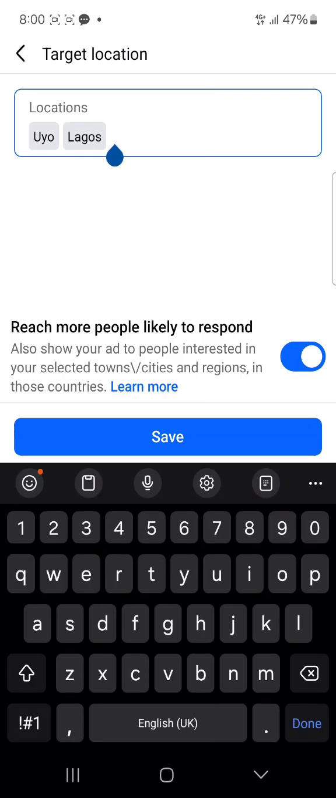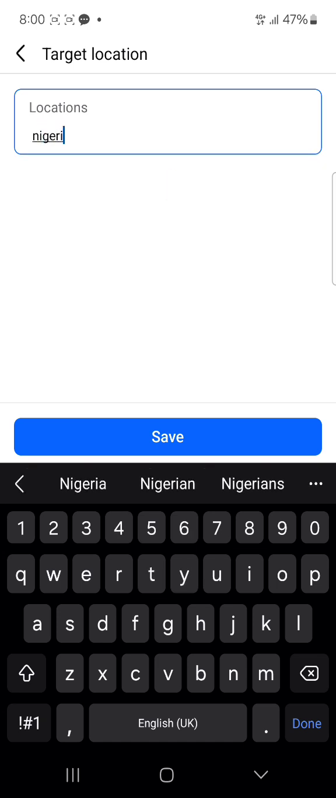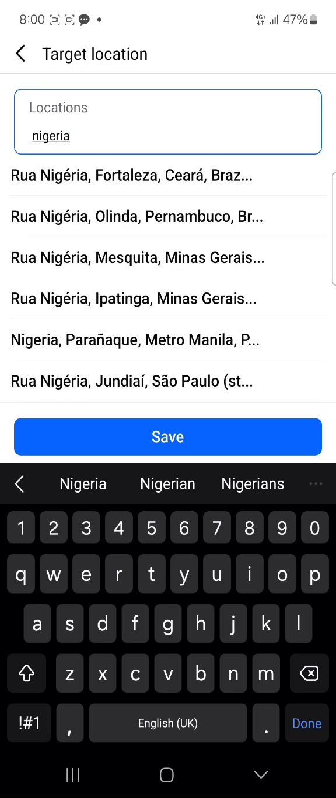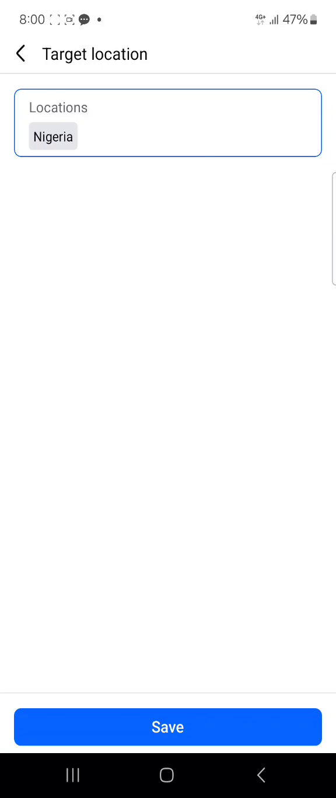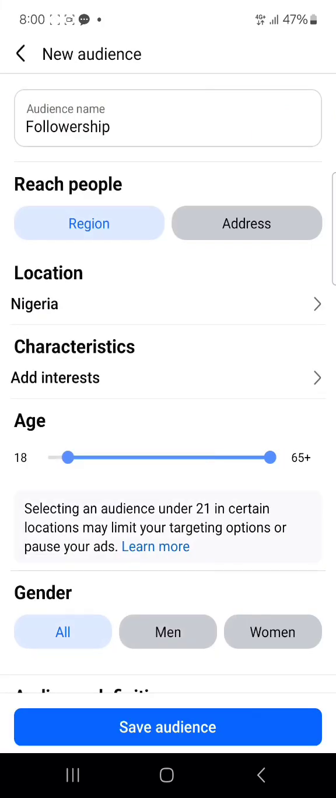So anywhere at all, you can just target. Do you understand? You can target anywhere at all when you have your location, depending on your target, right? So I would delete this and target the whole of Nigeria. Okay, I will target Nigeria as a country, and I'll save it. That's my location. Then the next thing now is the characteristics. That's the interest. This is the most important part of your target audience, right? Getting the interest of your target